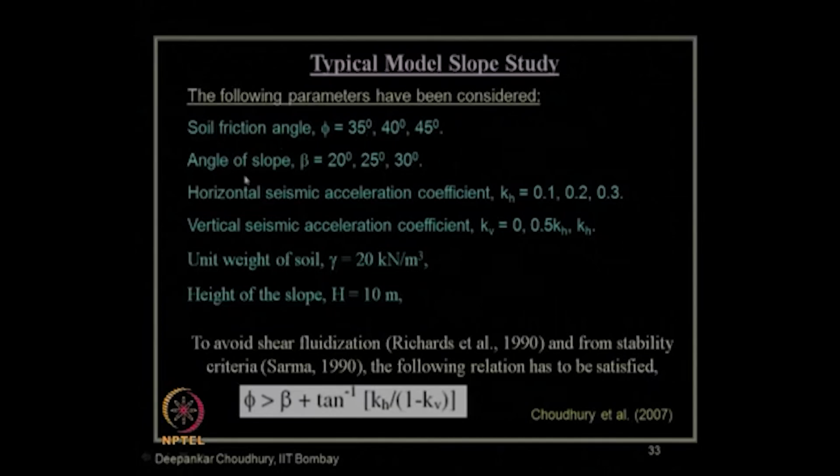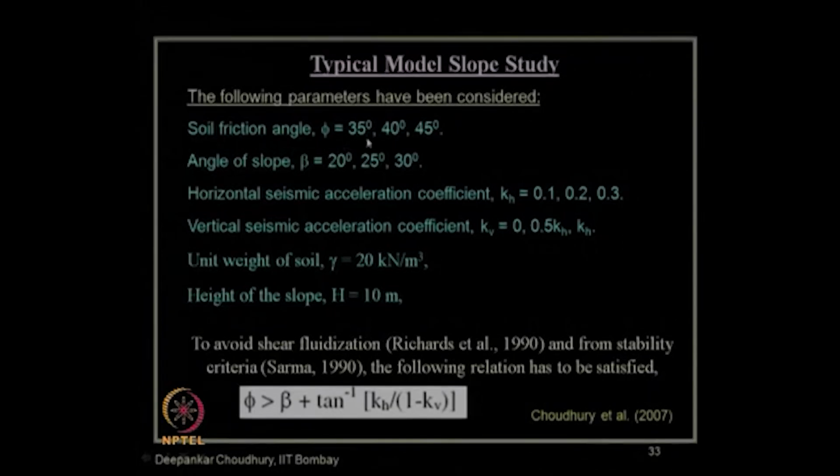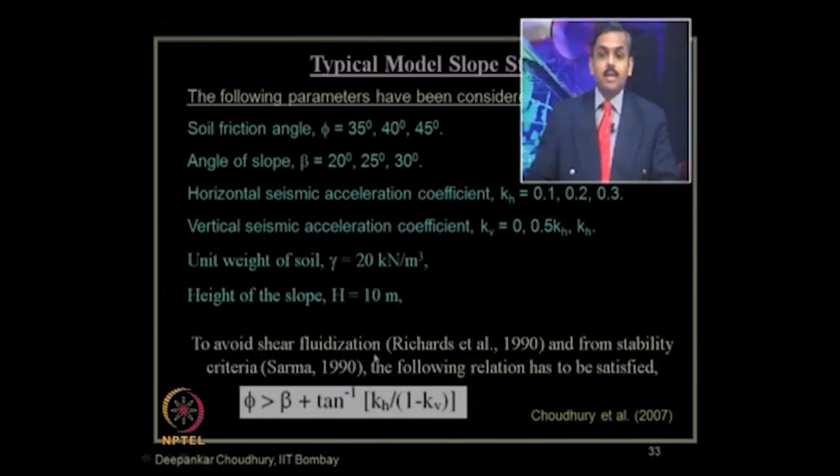And then a parametric study has been considered for various soil friction angles 35, 40, 45 with various slope angles. And remember, in this case, as proposed by Richards et al. in 1990, to avoid the phenomenon of shear fluidization. What is shear fluidization? I will explain now. And also from the stability point of view, as proposed by Sharma in 1990, what does it say for stability? The soil friction angle phi value must be greater than beta, the slope angle of the ground,